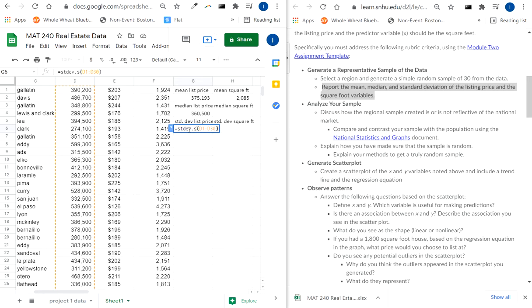Notice that I typed in stdev.s, and if you see in Excel and Google Sheets, it'll say .p. You don't want that one because we don't have population data. We don't have the list price for every home. We have the list price for our sample. We have just a sample from these areas. So most of the time, it's very rare that you'd want stdev.p, okay? stdev.s, because the whole point of doing statistics is we want to make an estimation based on the